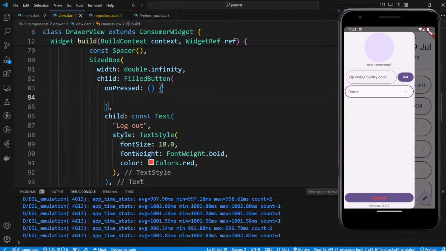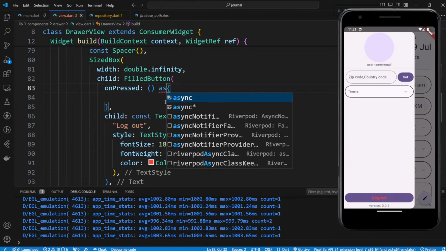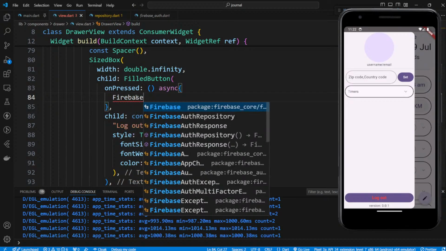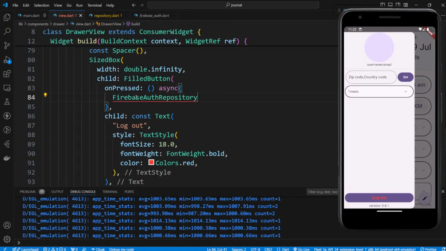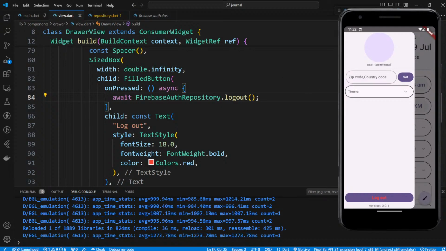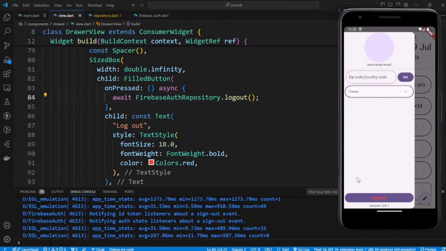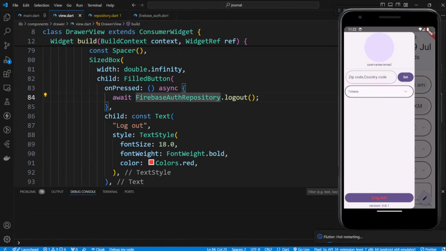We can just call this async, firebase auth repository dot logout. Okay, call this. Oh wait, click on this logout. You should get logged out now. So now if you reload the page, right,